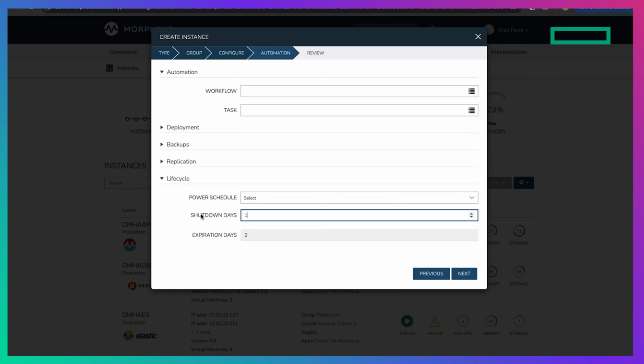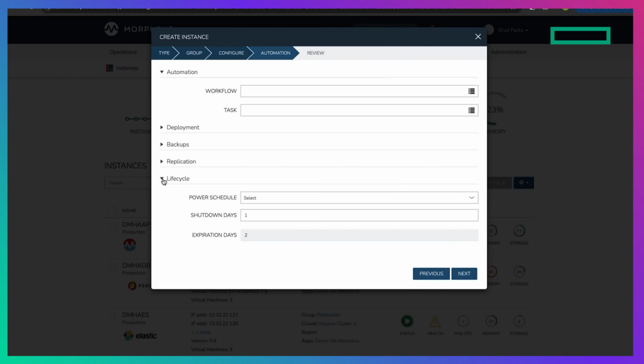And in this case, our lab manager doesn't want our SEs or me to run away with our resources. So this machine's going to shut itself down in 1 day. And it's actually going to expire and then delete in 2 days. So I can clean up after myself. And this is important because oftentimes people see kind of zombie VMs in their environment where it may not even be used for a project anymore, but it's still charging you in the public cloud, or it's still taking up resources on-prem. So lifecycle policies is a core part of how Morpheus helps IT.